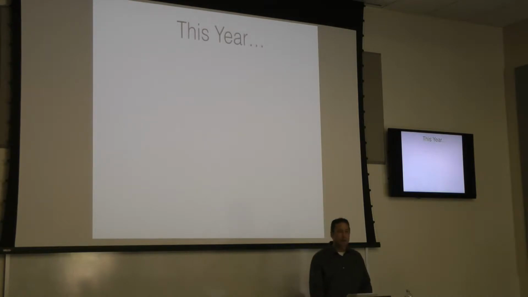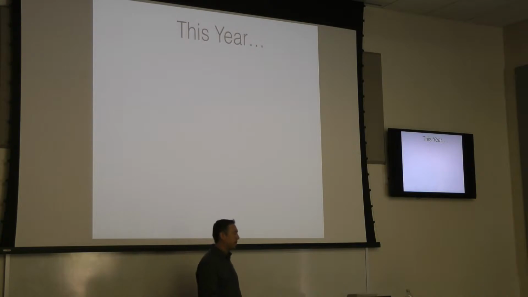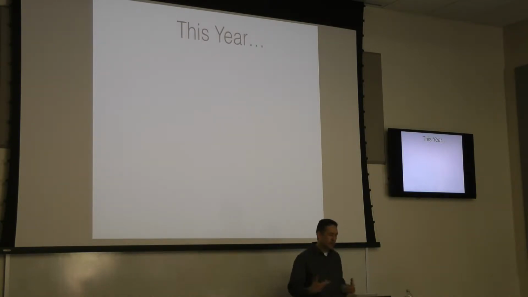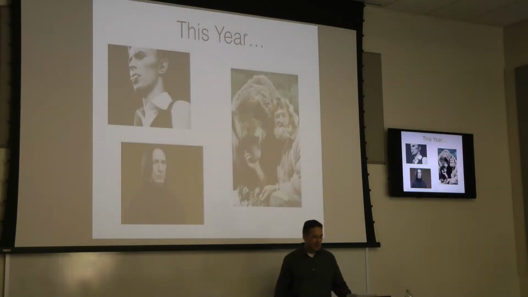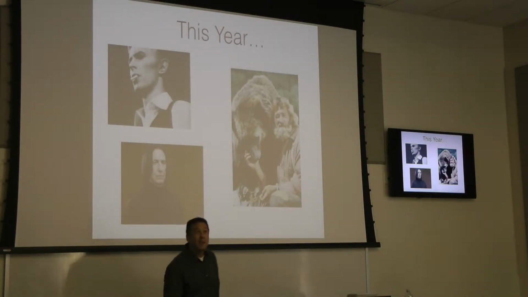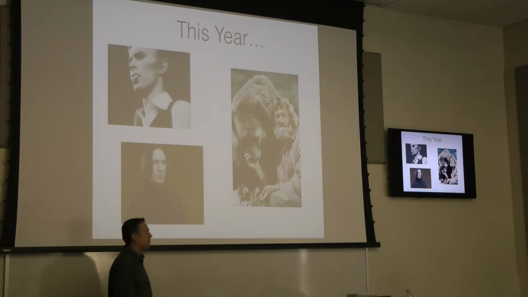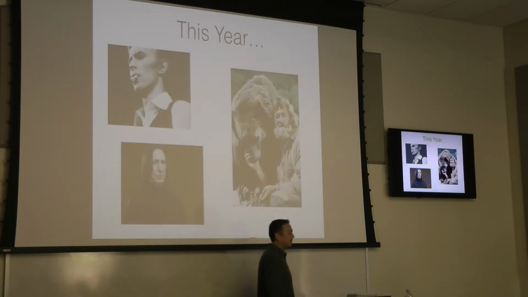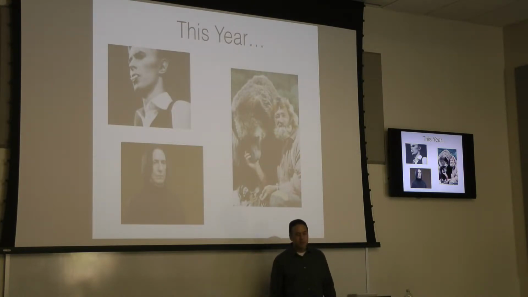All right, so that kind of got me interested. Cancer is a tragic disease. It's got a random component to it. I mean, there's stuff we do that sort of increases our odds of getting it, but there's this underlying randomness involved in it. This year alone, actually all in January, David Bowie, Alan Rickman, and Grizzly Adams passed. And I suspect everybody in this room, maybe some of you are cancer survivors, maybe you know cancer survivors in your immediate family, you know people who died from cancer. I would bet that everybody's two steps removed from the tragedy of cancer in this room. So it's this terrible thing.